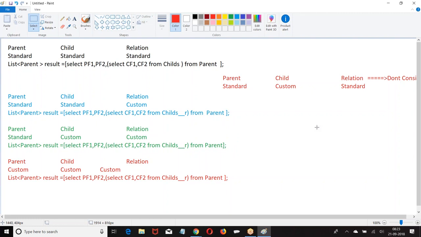But the list of parent is not going to store this child information at all. Every parent is going to get a corresponding list of children. How the data is stored, I will show later. I have given only the format of writing a query. How to fetch the data from the list, I didn't show. Okay, correct.